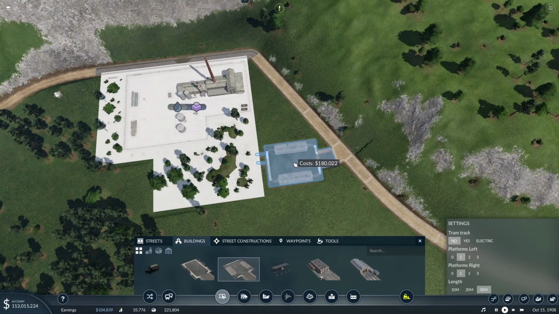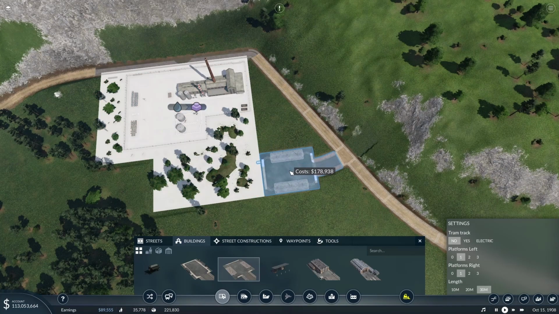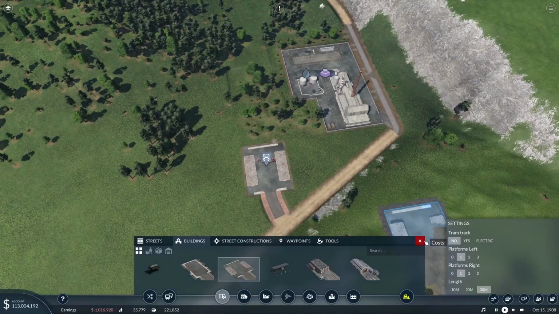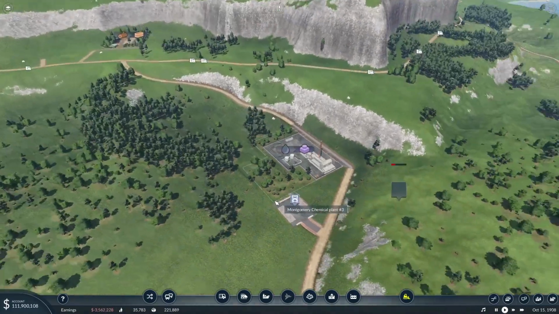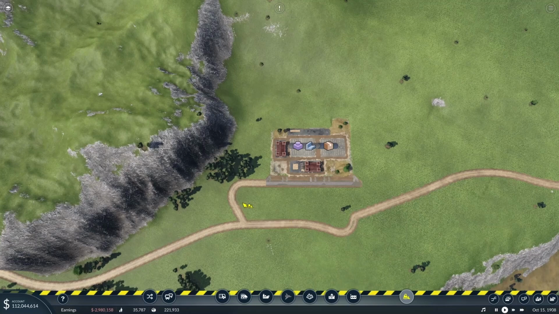if we can get this to line up just right with the edge of the industry. And I don't think there's any way we're really going to be able to fix our road curving like that, so we'll just place that down, and then we can make this area look nice when we detail it in the next video. So then of course we have our next area over here at the goods factory, and I